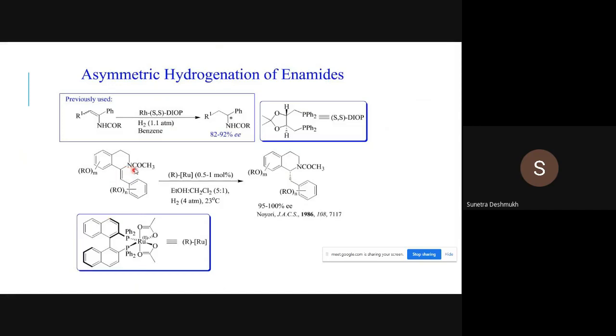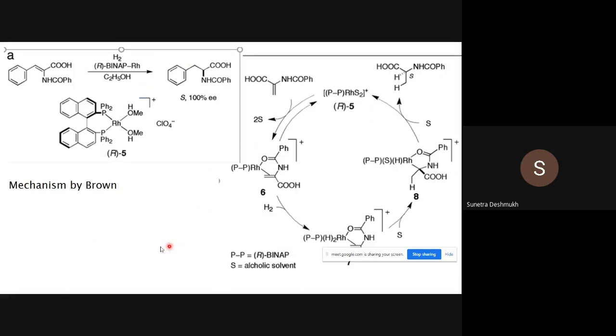Another example of the same enamide, with a ruthenium based catalyst. Okay, 0.5 to 1 mol percent catalyst. So this is the catalyst for this conversion. So we again got a chiral carbon atom with 95 to 100% enantiomeric excess. The reference is Noyori, 1986. So here are some examples. Again, we will see now